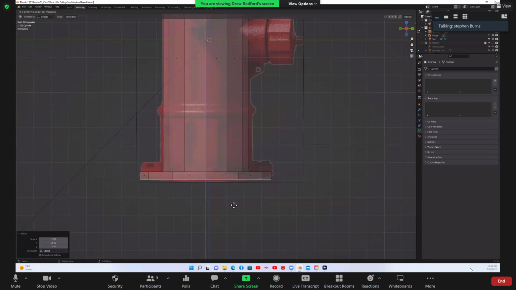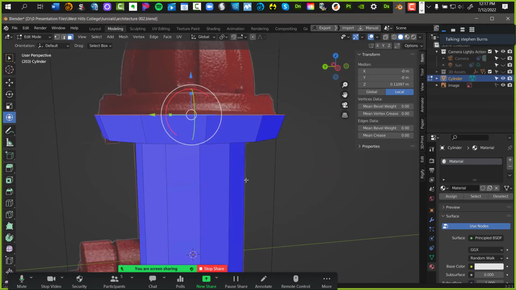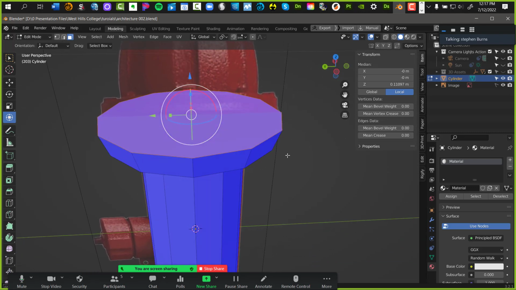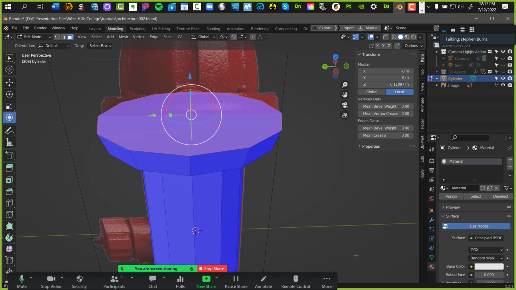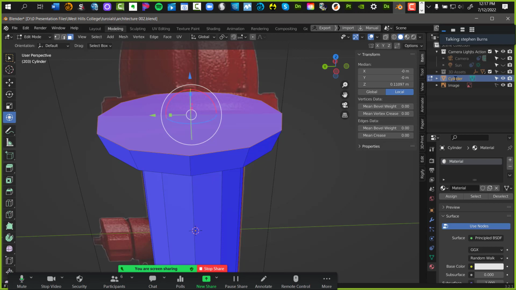All right. Chord is on. Cool. So I want the top half to match a little bit the geometry of the bottom half. What's going to help me is this face that I have selected. I can take that face and make it a separate object. Over here on the right hand side, you get to see my cylinder, which is my hydrant. I'm going to double click. I want everybody to double click it right now and call it hydrant. Call it hydrant.